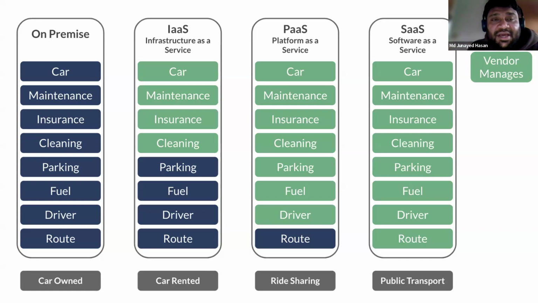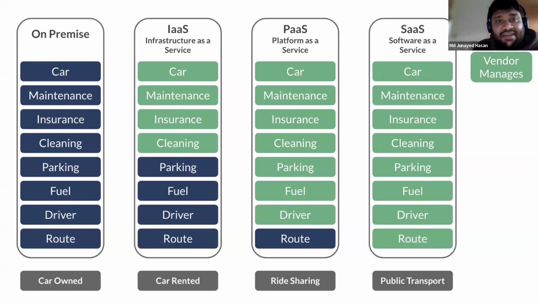a car, right? For example, you want to go from your university to your home, and you do not want to take a public bus, you want to take a public taxi or a private taxi. Okay, so if you take a taxi, what will happen? You have to pay the driver, right? And if they want to drive you to your destination, they have to take the route, pay the fuel and do the parking. So whenever you are paying them money, you are paying money for those things.